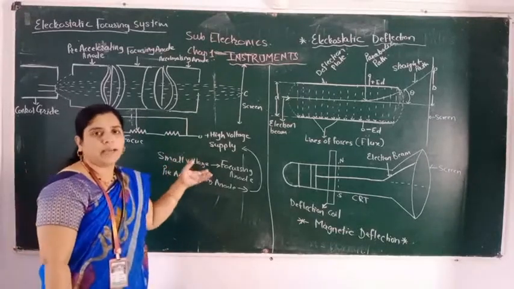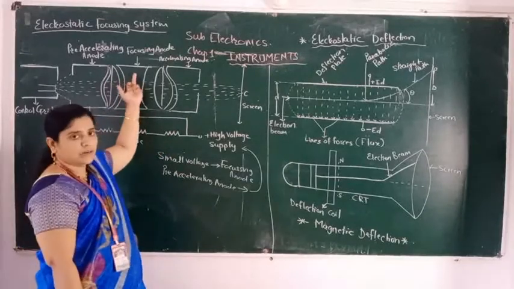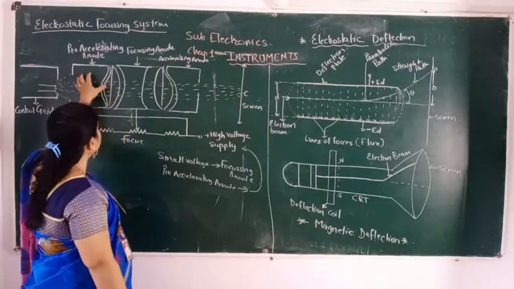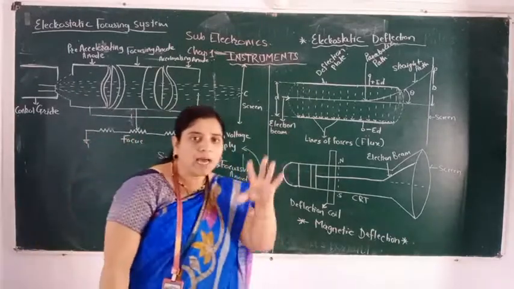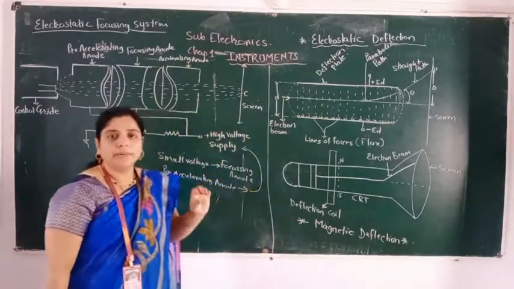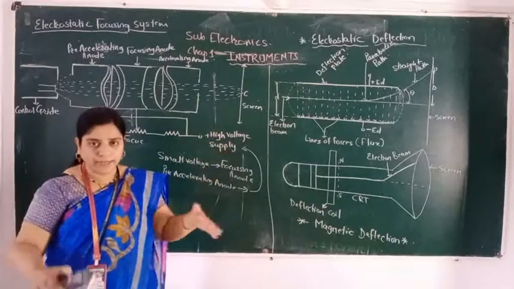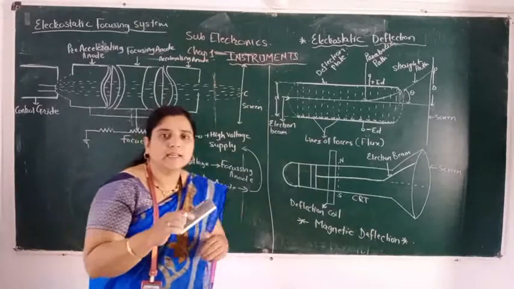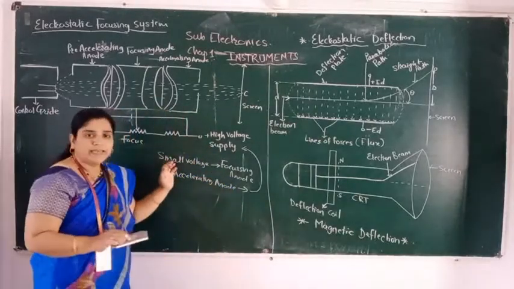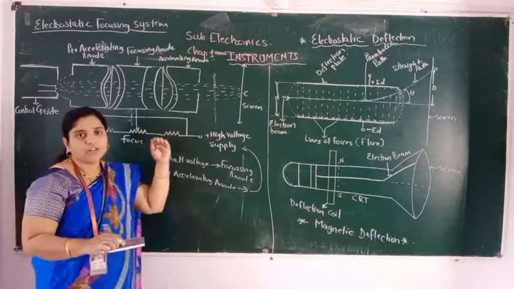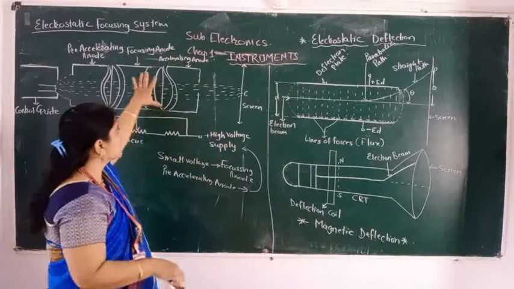Because of this, what happened? If small voltage is applied to the focusing anode and large voltage is applied to the accelerating anode, then it produces a sharp beam. The beam will be sharp and have a narrow path. It will not spread anywhere. It will adjust the voltages. If the large voltage is there, then it goes to the pre-accelerating anode. Then the pre-accelerating anode shows the path where to flow, not go anywhere on the screen.